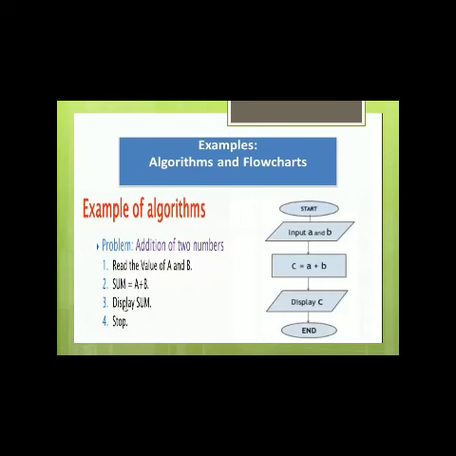After that, whatever the value is, you have to display it so that we will come to know from the output whether it is showing the correct output or not. Like 10 and 20, the output should be 30. So we have to display 30 on the screen. Then only the person will be able to realize whether this algorithm which was written was correct or not.